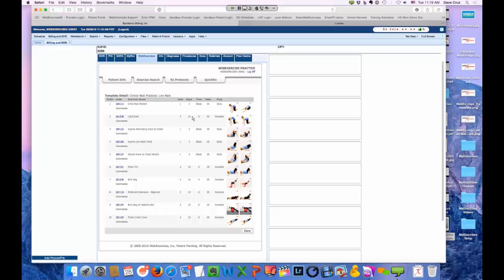What the evidence-based and best practices does is you can, with pretty much reasonable certainty, if you search and click on low back, if you select a couple of these exercises, say I want to get started with these 3 exercises for this patient, I'm certain that there's thousands of providers that have given these same exercises for patients. So you're not just searching exercises based on your opinion, you're searching it based on what thousands of other providers have done. And let me take you through how simple it is to create a program.